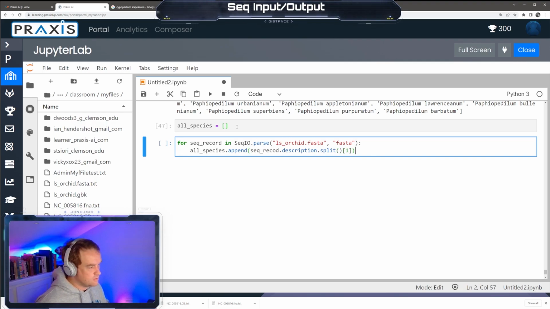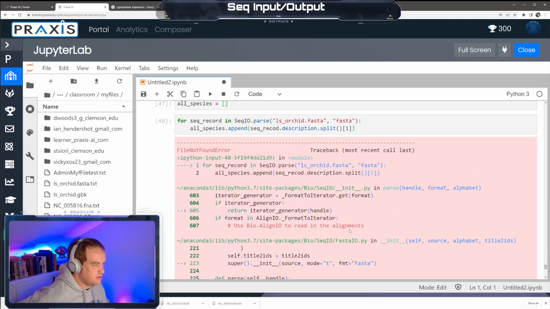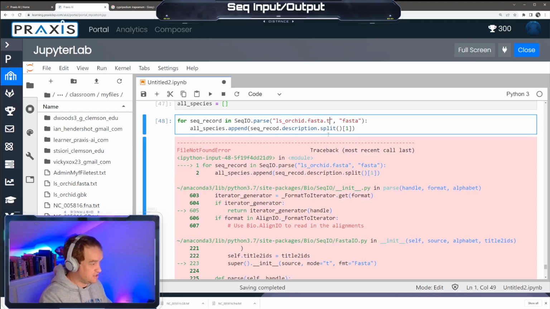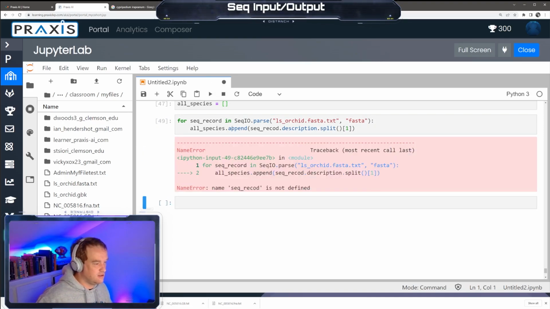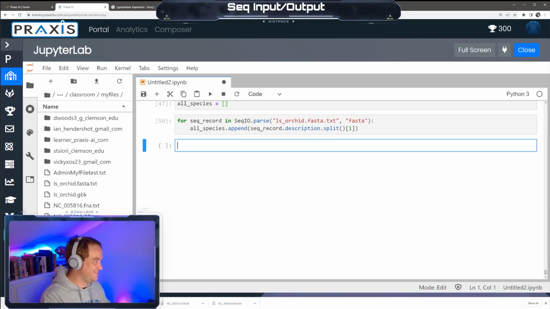All right. So what happens if we run this? Of course we get an error. Oh, FASTA.text. Remember, I forgot to change that. Okay. There we go. So now if we print all_species,